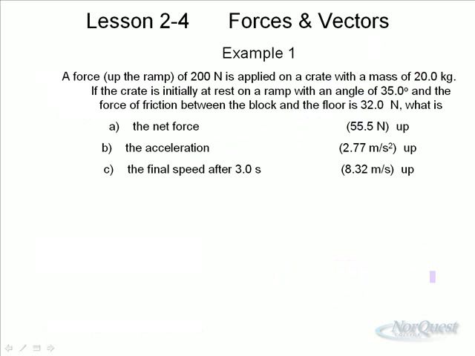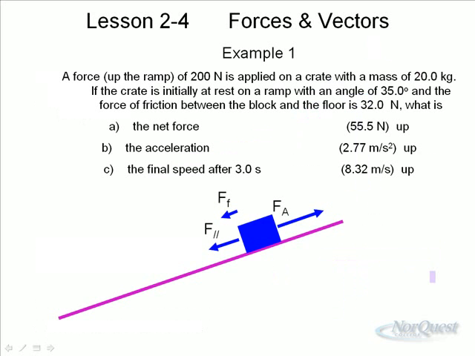So here's a basic example. A force up a ramp is 200 newtons. So a force of 200 newtons is applied on a crate which has a mass of 20 kilograms. If the crate is initially at rest with an angle of 35 degrees and the force of friction is 32 newtons, what is the net force, what is the acceleration, and what is the final speed after 3 seconds? So the answers are given there, and see if you can figure out how to